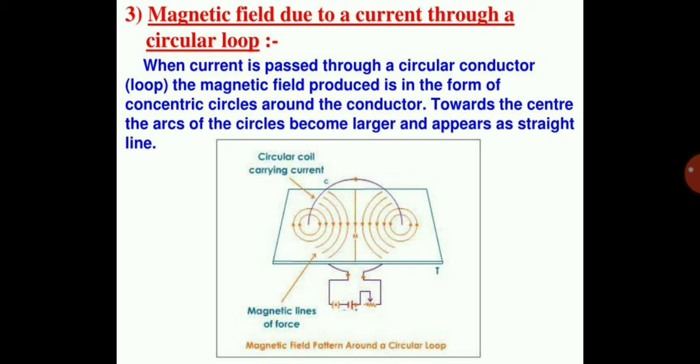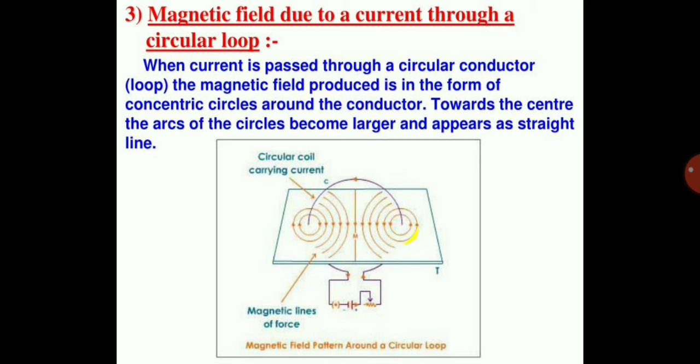See in the picture, you can see two points are there. Correct? See here, this is one point and this is the second point. So in the circular way, this is your circular loop, and the current is passing in this direction only. See how I'm moving my hand, in the same way the current is passing in that circular loop.